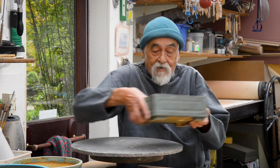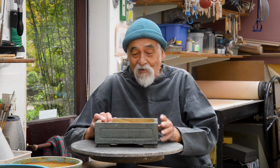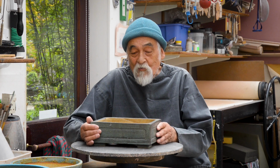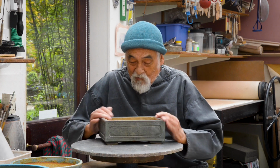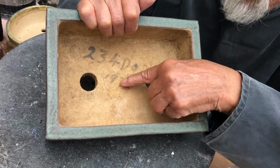I'm often asked about how I started off with my bonsai pots and do I actually have any examples left. Well, in fact I do have one. I've got one right here, this slab pot. You won't believe it. It was one of the very first pots I ever made, and I don't know whether you'll be able to see this, but in here it actually says